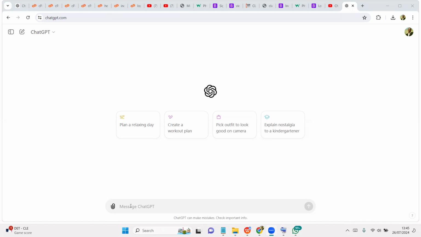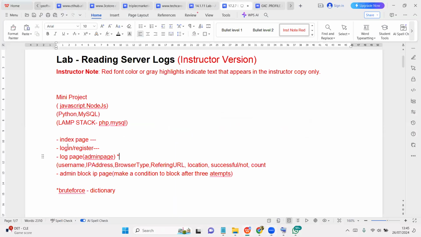Okay, so let's try it on. We want to build this stuff. So we are telling ChatGPT, please allow us, because what I want to do is to make sure that we do this thing and do it very fast. Sure.